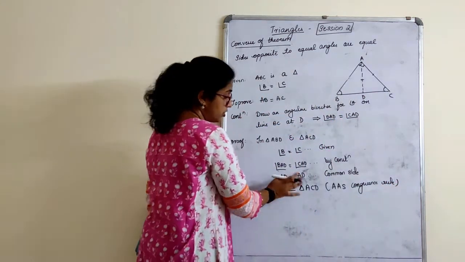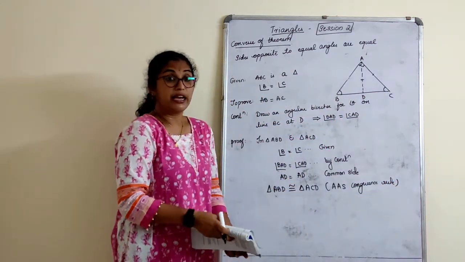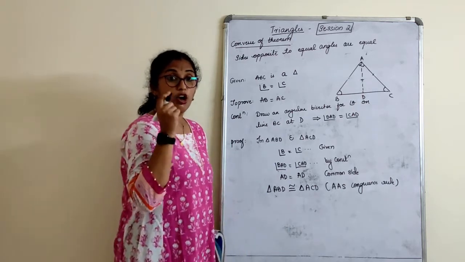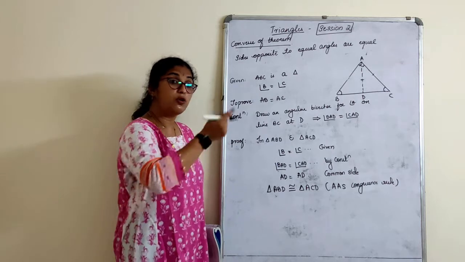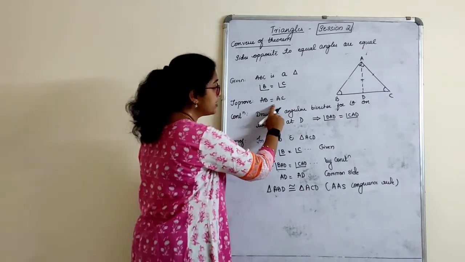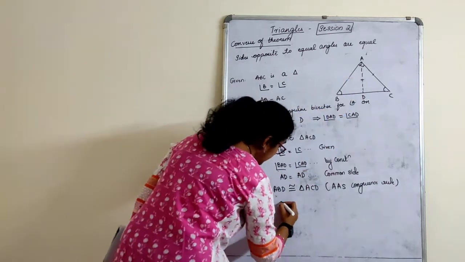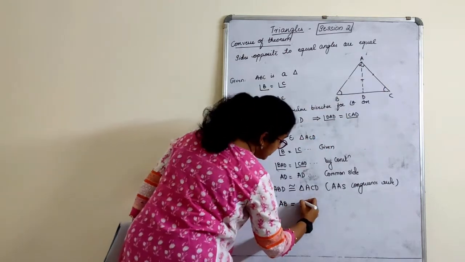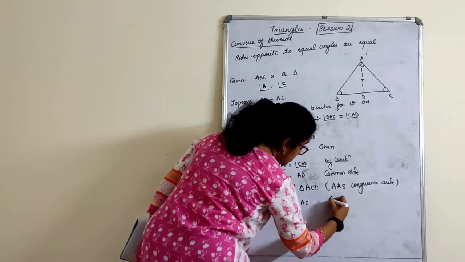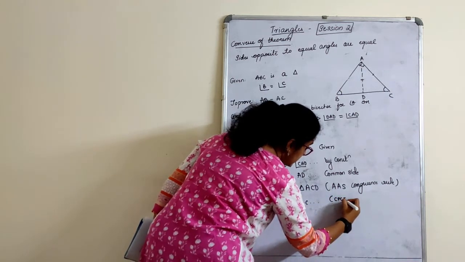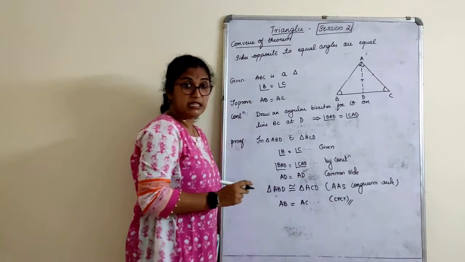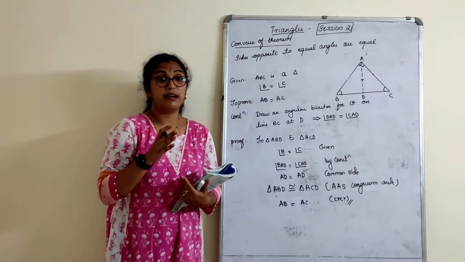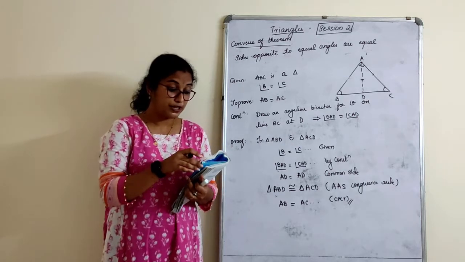okay. So these two are equal, and we know that whenever triangles are equal, corresponding parts of congruent triangles are also equal. Always do not write each and everything. Look what you want. You wanted only sides. From this triangle we can say that AB, and from this triangle it is AC. Reason, CPCT. So these are the two important theorems from this chapter. One is the given theorem and another is the converse of theorem.